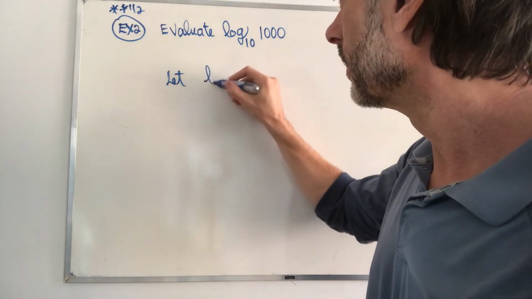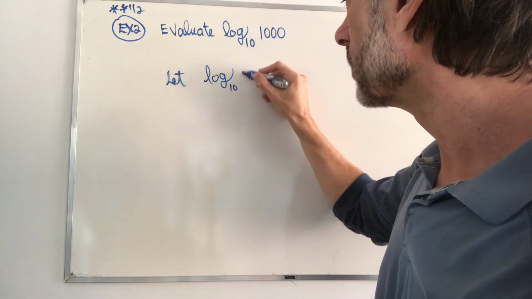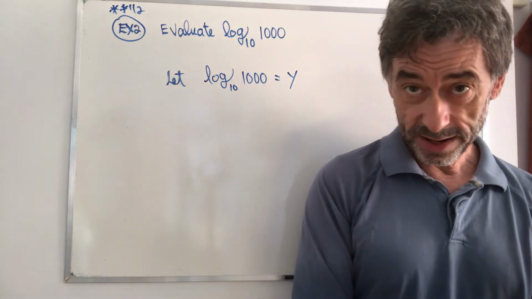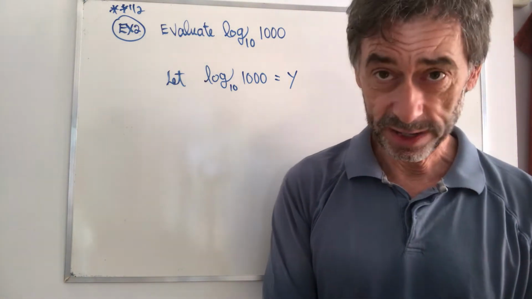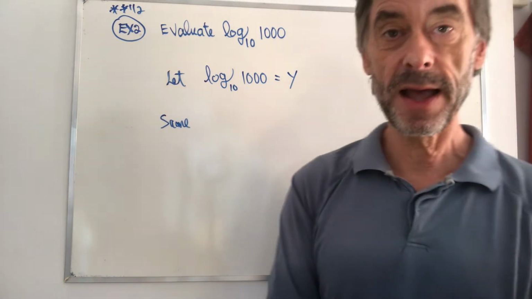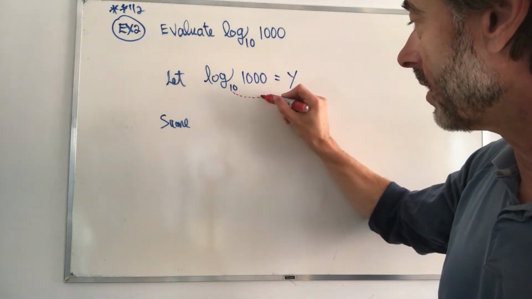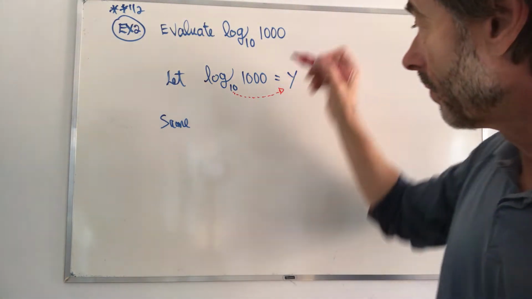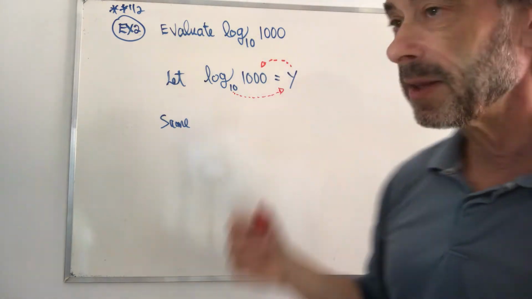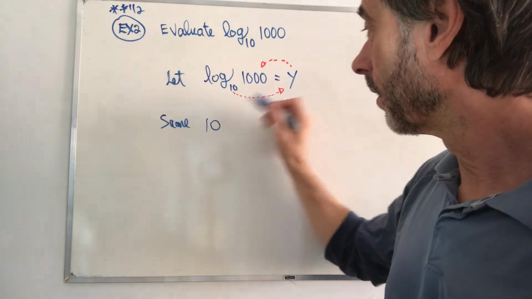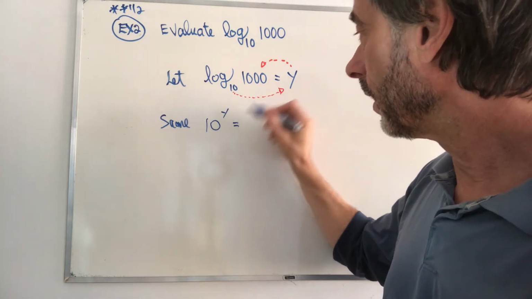So let log base 10 of 1,000. We don't know what that is. We know, but we don't know. Let's make it equal to y. So this is the same as what? Once again, our standard little strategy, take the base, raise that base to the power of the right-hand side, which is y. Make that equal to what's inside the log. 10 to the y equal